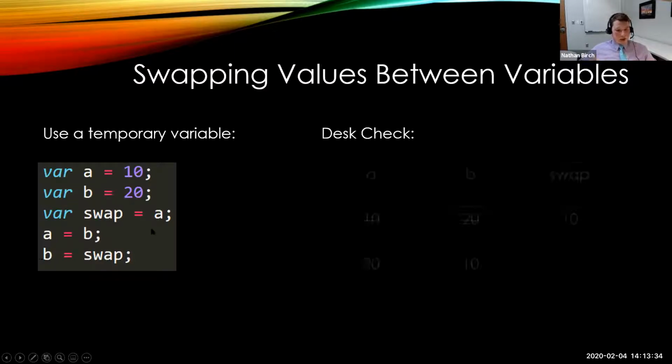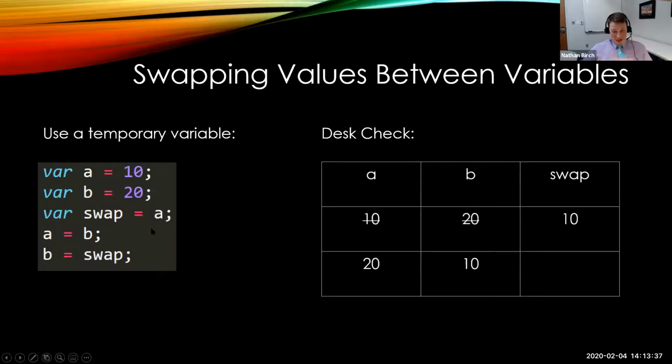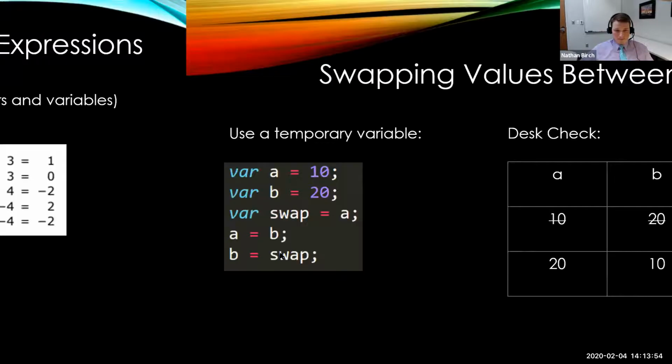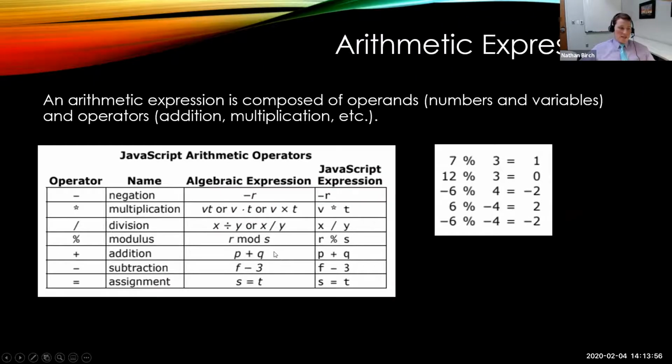in a third location. So if I looked at a desk check for this, a would start off at 10, b would start off at 20, swap receives the value of a, which is 10, and then we assign b to a, so a would get 20, and then b would get the value of swap, which is 10. Okay. All right, arithmetic. You guys, before you get super stressed about this, just know that we're not going to